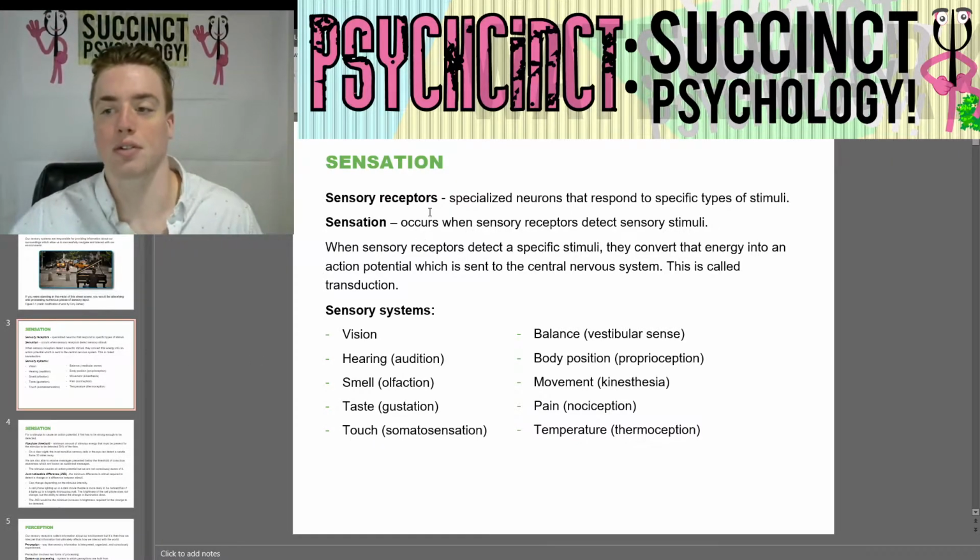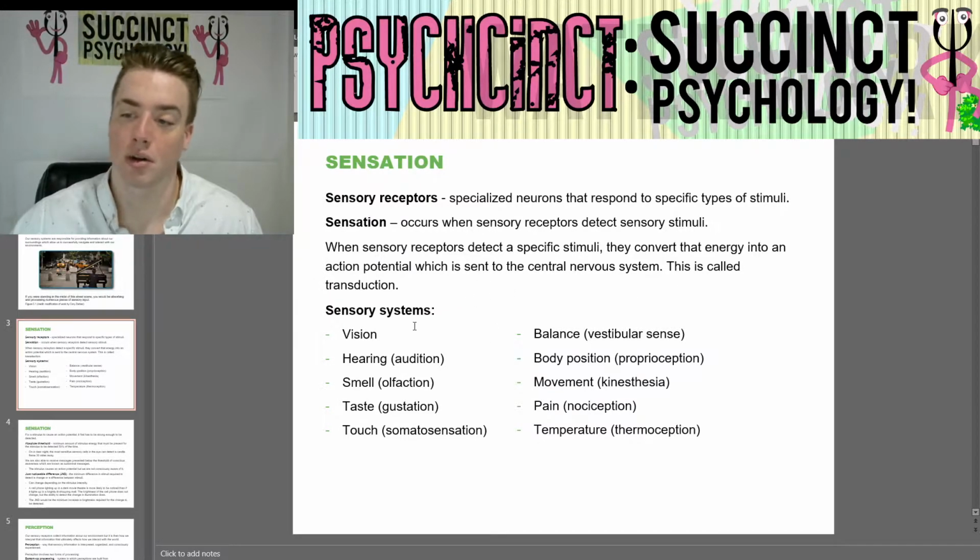So, first off, we have sensory receptors, which are specialized neurons that respond to specific types of stimuli. Now, sensation occurs when sensory receptors detect sensory stimuli. When sensory receptors detect a specific stimulus, it's like a tongue twister, I'm going to slip up a lot this unit, they convert that energy into an action potential which is sent to the central nervous system. This is called transduction. So, sensory systems are made up of vision, hearing or audition, smell, olfaction, taste, gustation, touch,